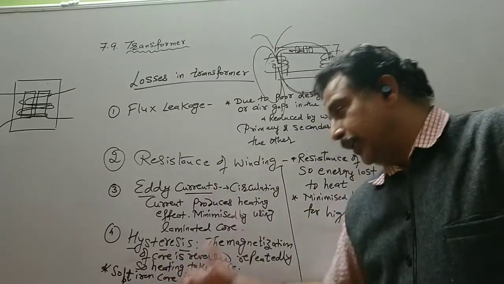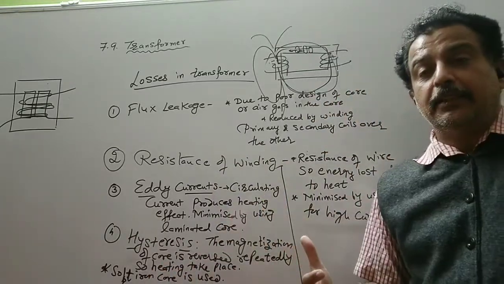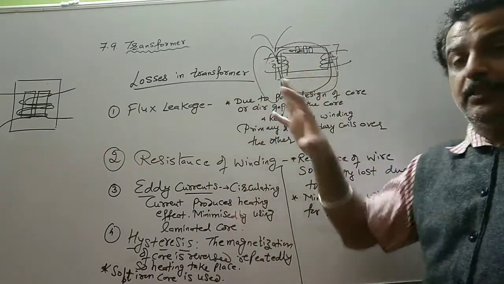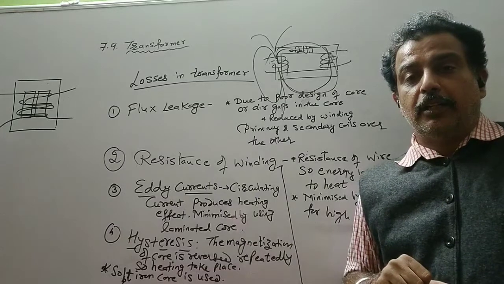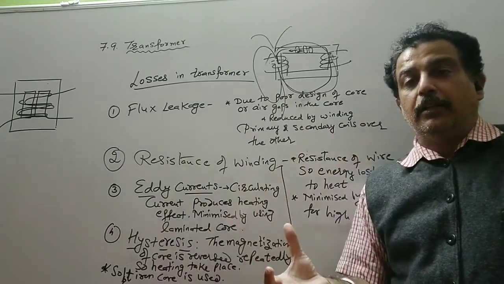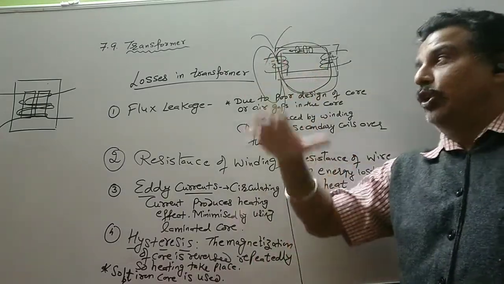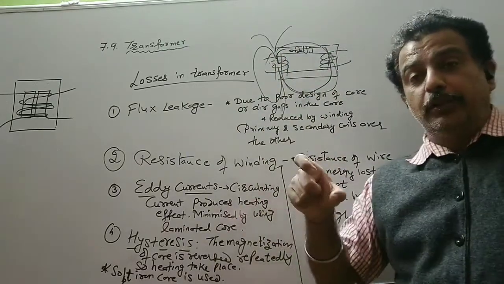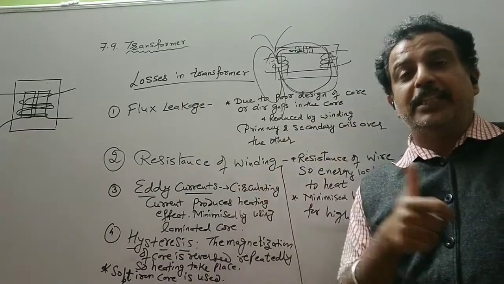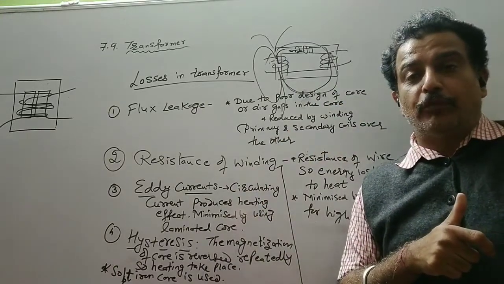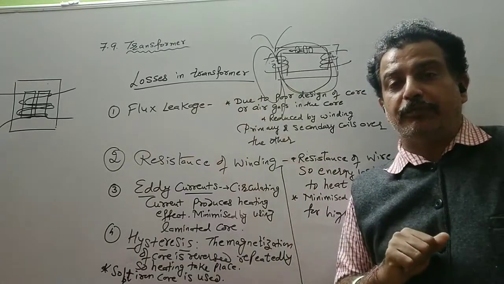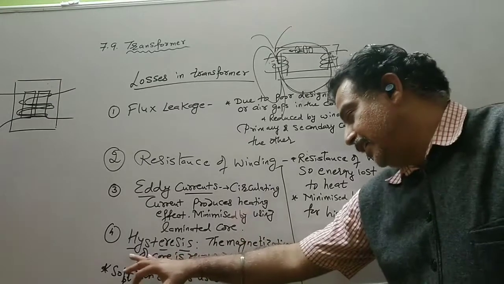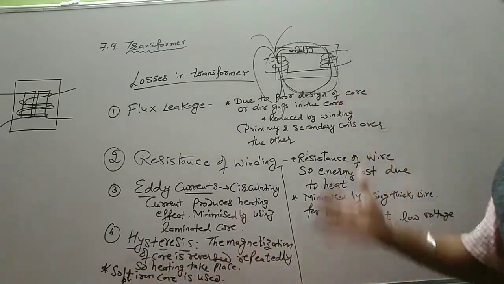So the soft iron core has a property of getting magnetized, and immediately when our field reverses, because the flux is alternating in nature, after half a cycle our AC voltage or AC current changes its direction. So the soft iron core dipoles should also immediately get aligned in the direction of the field. So we use a soft iron core. So the magnetization of the core is reversed repeatedly.